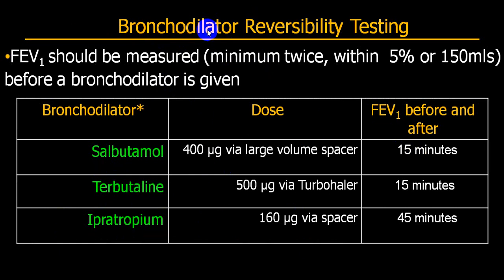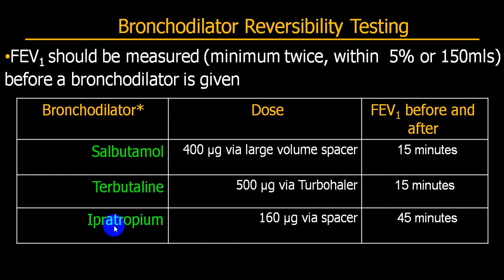We already mentioned this. Whenever you use a bronchodilator, say you are using salbutamol, you give 400 microgram by a volume spacer, wait for 15 minutes, and then perform the test again. If you give terbutaline, give 500 microgram by turbohaler and wait for 15 minutes.